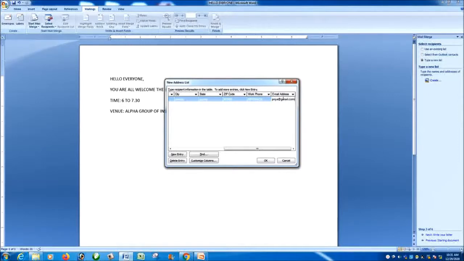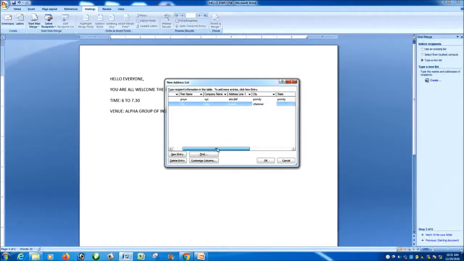You can add another entry by clicking on this New Entry button, so that you can add the next entry. I am giving the next entry as PQR. The name is Raj. Company name, address, city.